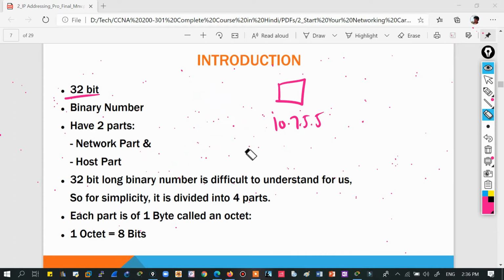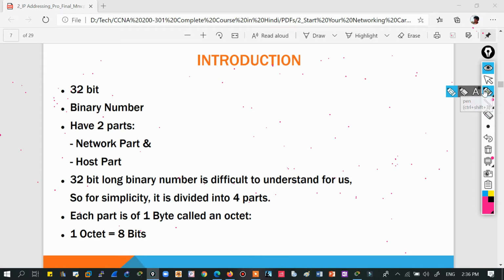We do not assign IP addresses in binary format. Only the computer understands binary. We always deal with decimal numbers, right? So you need to remember this part. But yes, we are discussing computers, so that is 32 bits. The total IP is 32 bits. Always remember this, it is a very basic part.